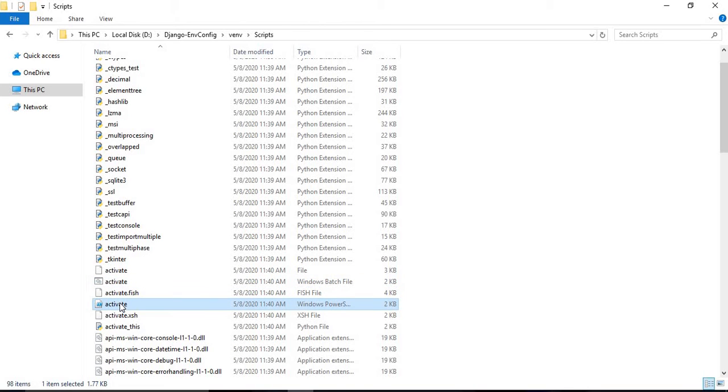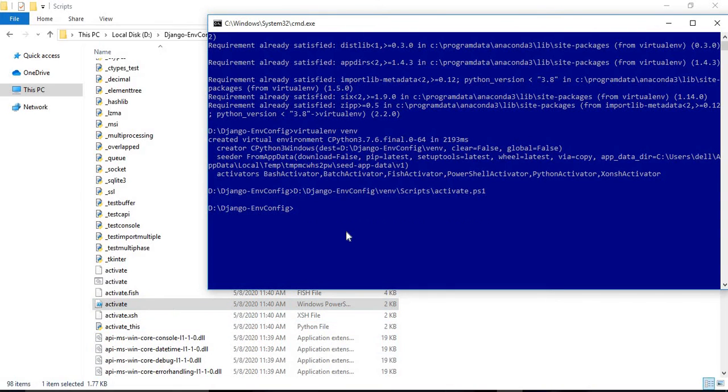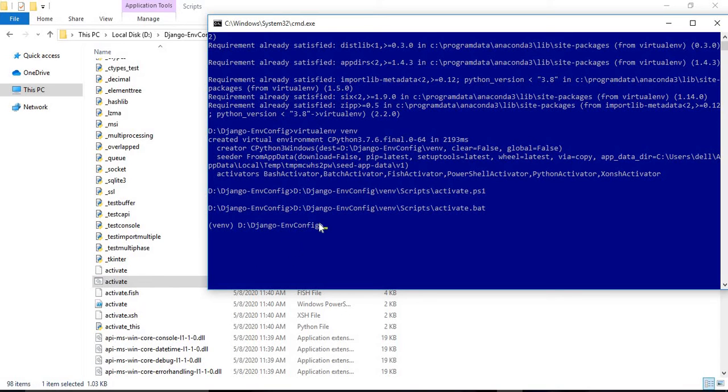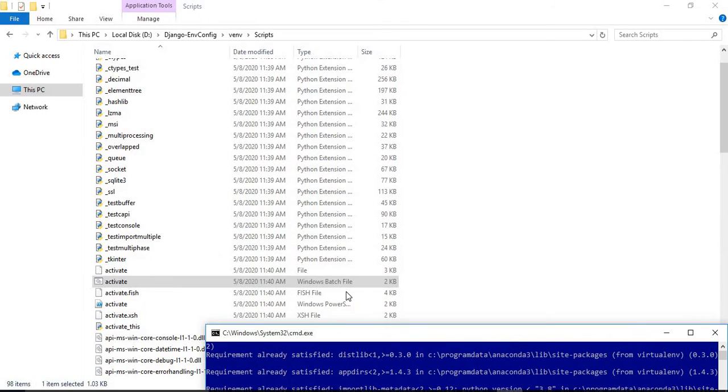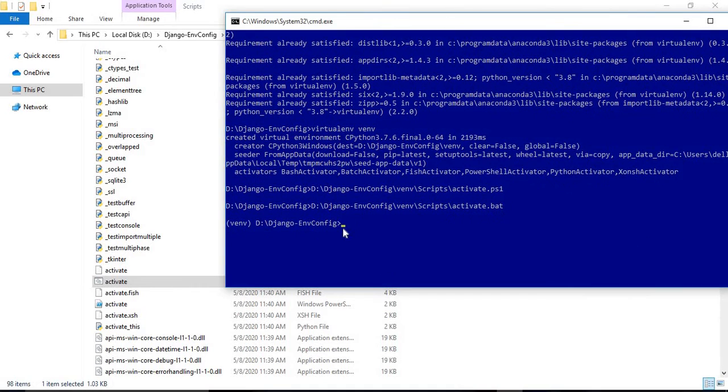So I think we can use another file, this one, activate. This is the Windows batch file. We can drag and drop it, and once we hit enter, the environment is activated.